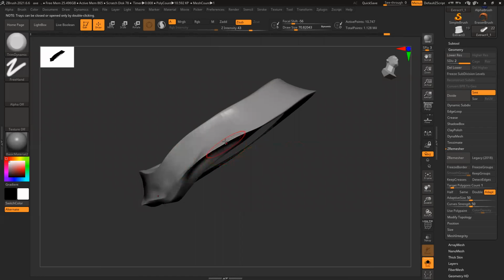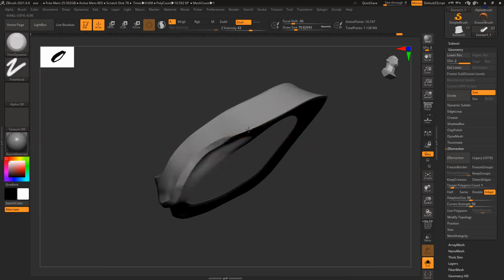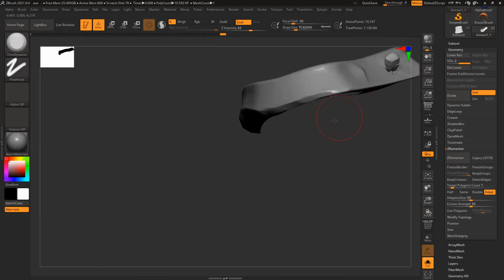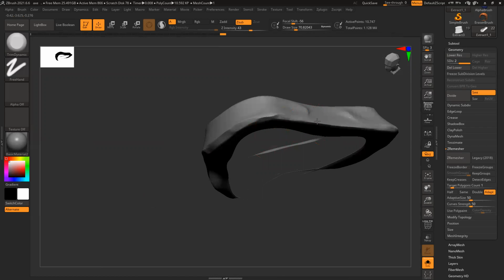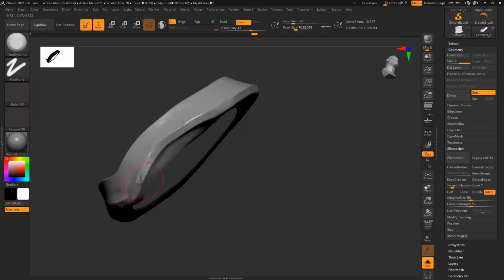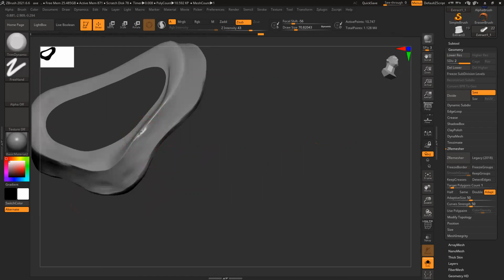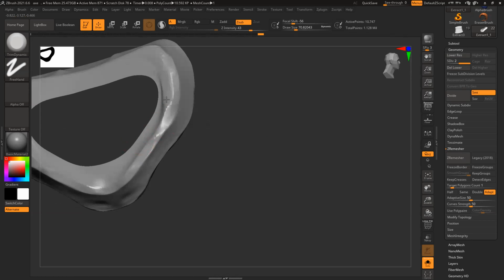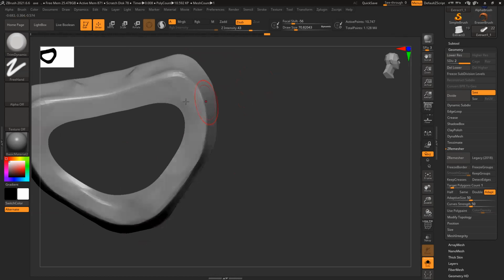It's really sharp, so I'm just making it little flat to get that thick feel. Similarly for this part also.